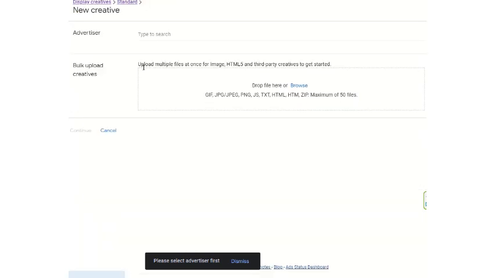Here is the bulk upload creative section. Bulk upload creatives is generally for uploading multiple files at once. Generally we use HTML5 or third-party creatives to start. You just have to browse it, and then you can upload a maximum of 50 files of GIF,